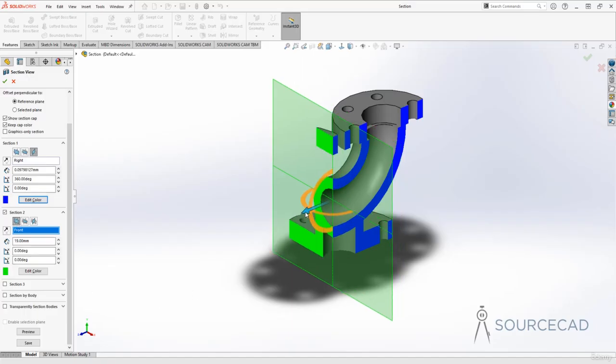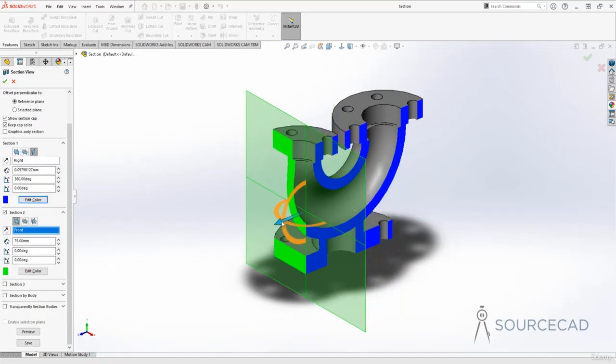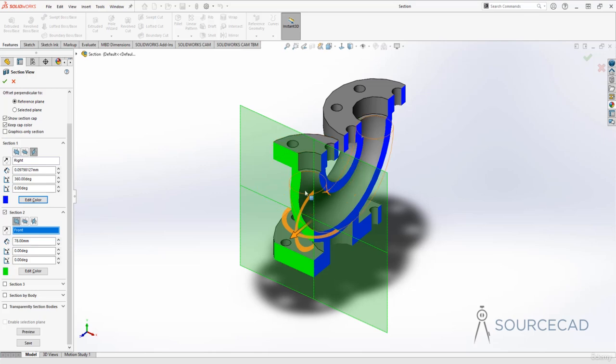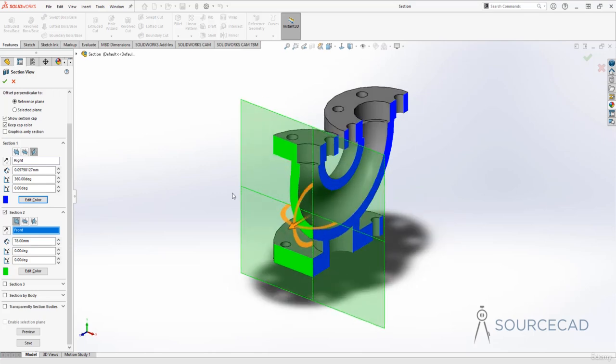We've got the front plane. I'll just move it out a bit, maybe up to this point right here. So that's the only sectioned area which I want to see. And once again, it automatically selected a color for this, which is green. I'll leave that green color, and I'm not going to change any of these other parameters, and I'll go to